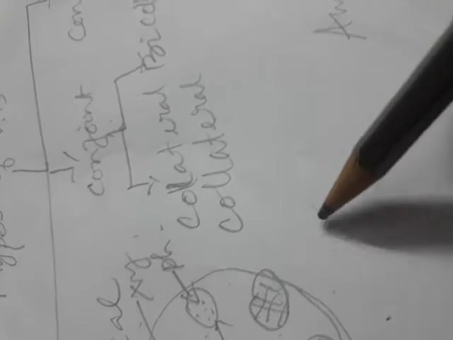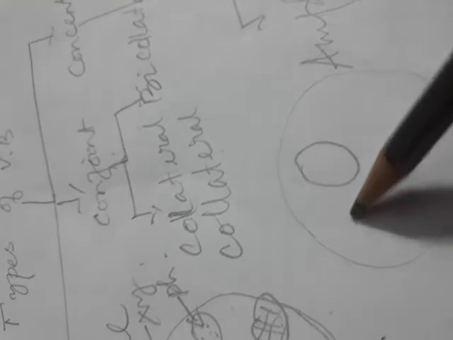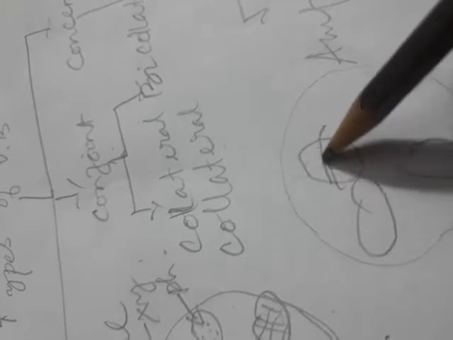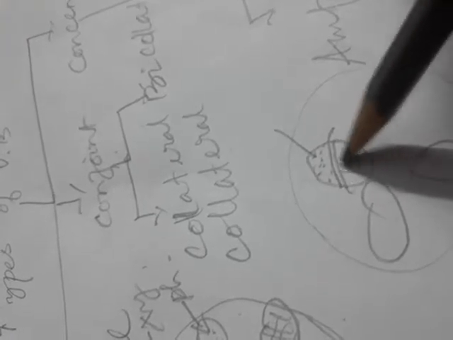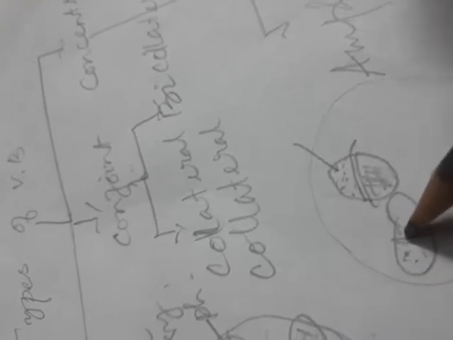Now, conjoint vascular bundle, it is of two types. Conjoint is nothing but the vascular bundle will be one vascular bundle. I will show. If this is the cut section, this is one vascular bundle. This is another, not xylem and phloem I am telling, one vascular bundle. In this vascular bundle, the phloem will be outside. This is the phloem and this is the xylem. Xylem and phloem will be present together. That is the difference here, not alternately.